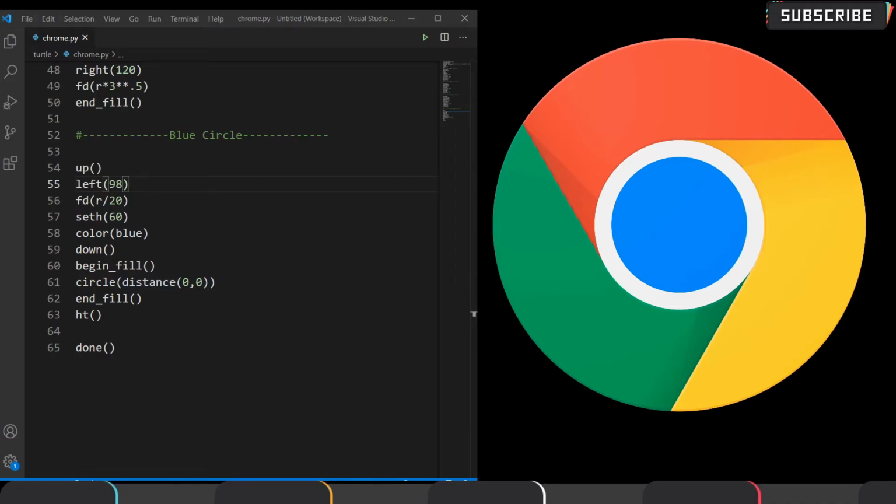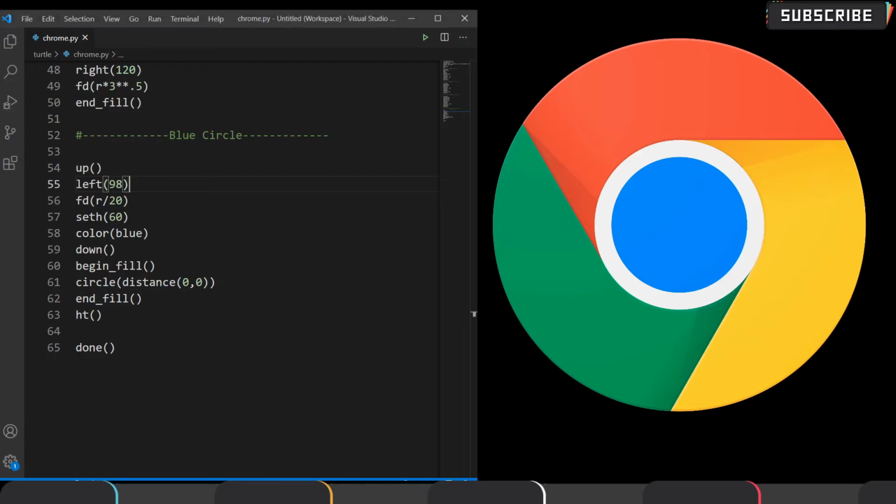The main use of the distance function is to calculate the distance between the starting pen pointer position and the present pen pointer position. At the start it will be at 0, 0, right? So from 0, 0 to the coordinates where the pen pointer is at present, it calculates the distance between the two and then returns the value.